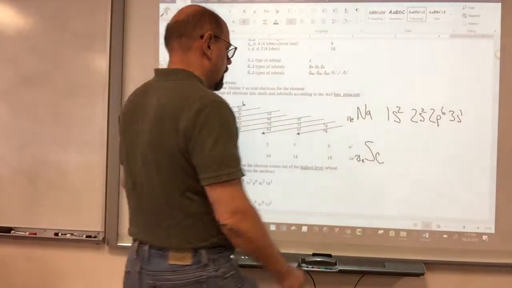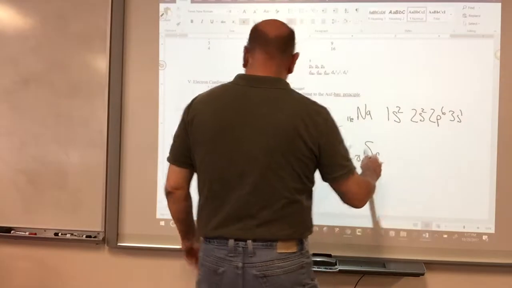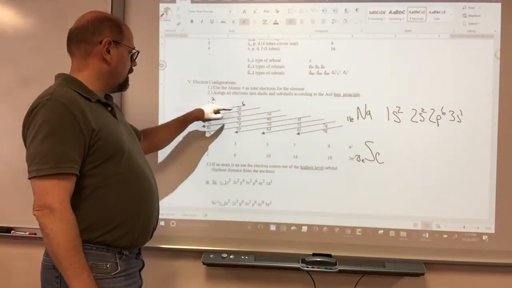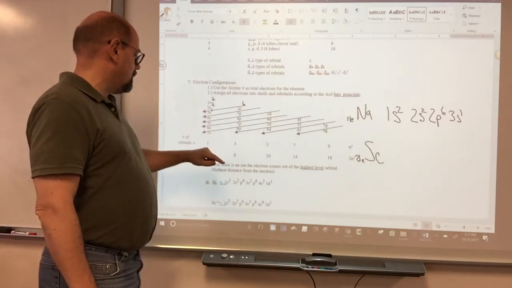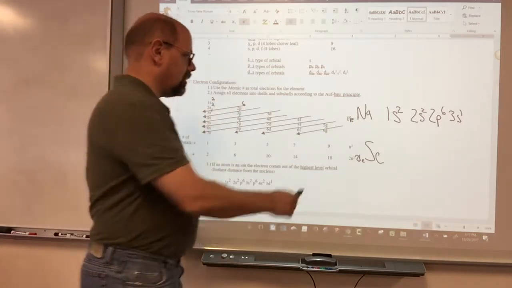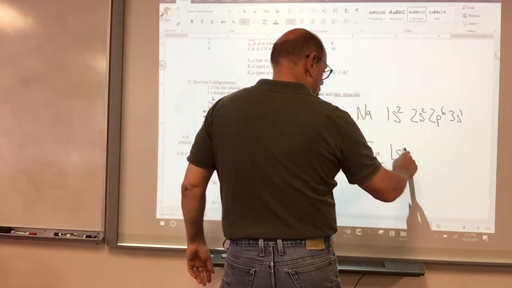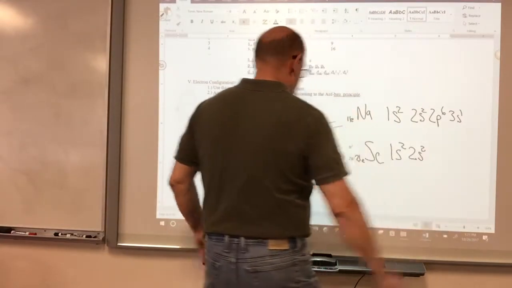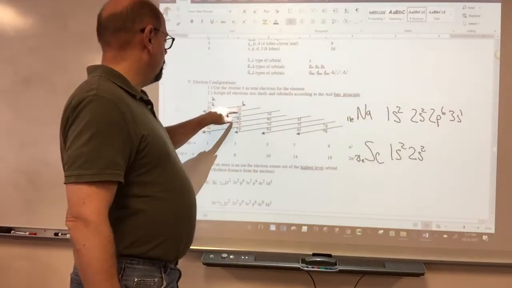21. Okay, this is 11. Here's 21. So I'm going to start putting in electrons, just like I did here. 2 electrons go here, 2 electrons go there, 6 electrons go there. That's 10 electrons. Okay, so I'm going to just start writing them in. In the 1s, I have 2 electrons. That gets filled. 2s, I've got 2 electrons. That gets filled. I'm going to go next to here, to the